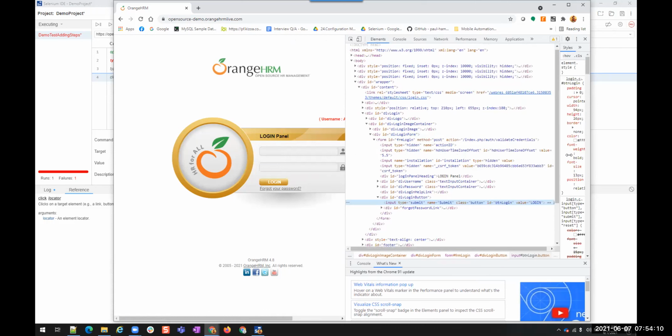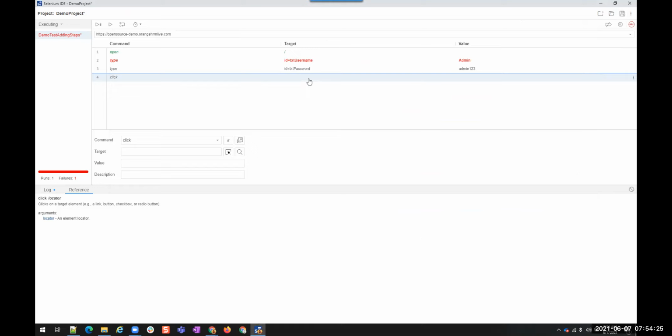So I have some properties here, value, ID, class, name, and all these things. So I can use this ID. ID is equals to button. I don't want to copy, I don't want to use inspect. I can directly use it. Target is this.